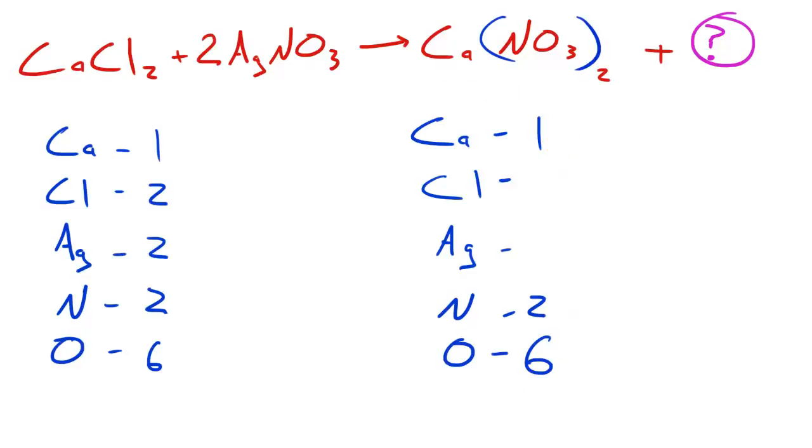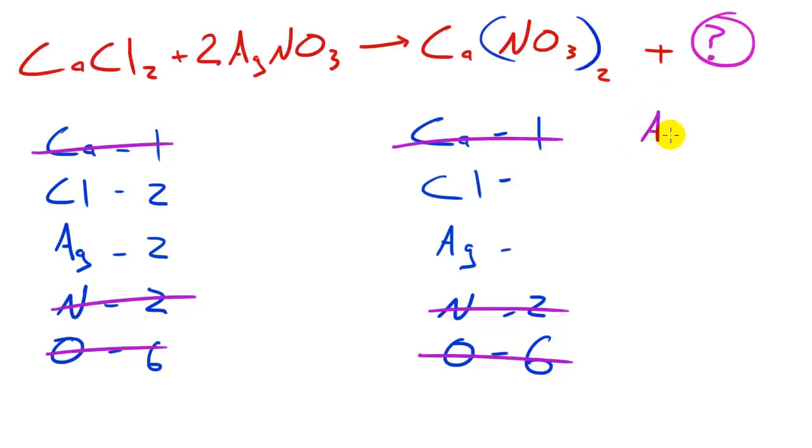So we're going to say, okay, what do we have that is missing? Well, we have 1 calcium over here and 1 over here, so they cancel out. We have 2 nitrogens, so they cancel out. All of our oxygens cancel out. So what do we have left? We have 2 chlorines and 2 silvers. So what we can do is write it like this,